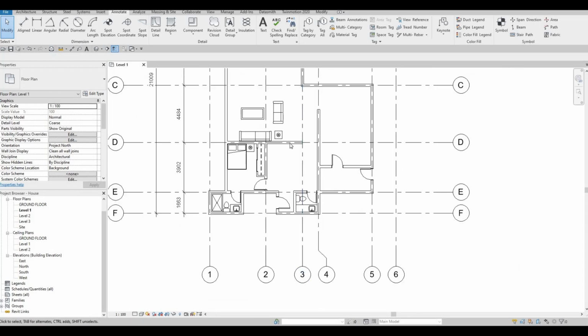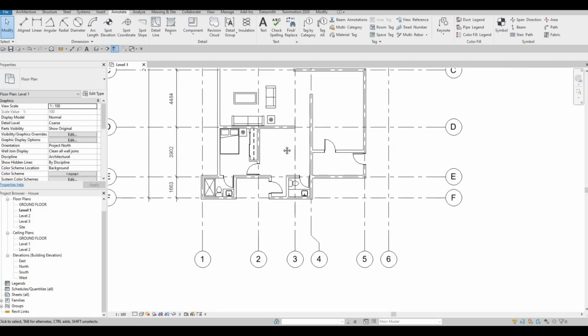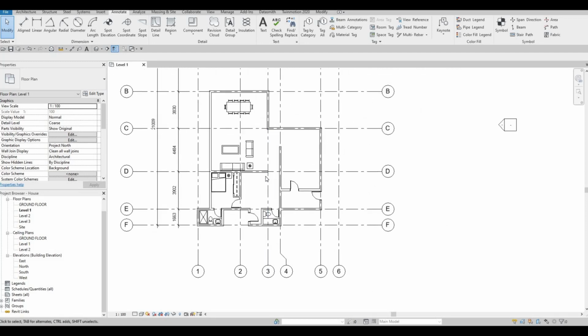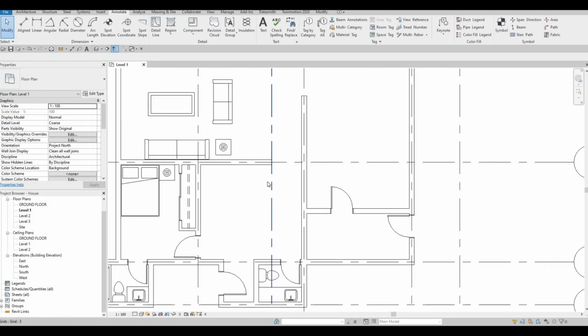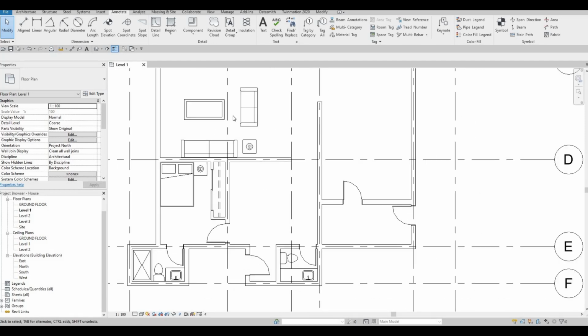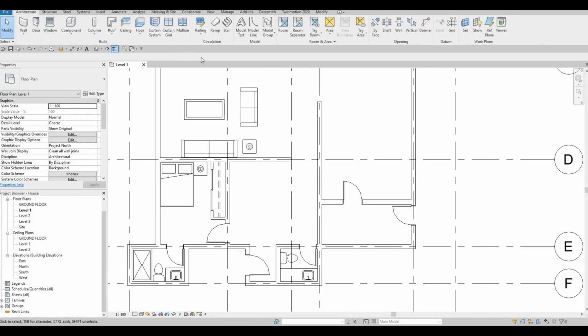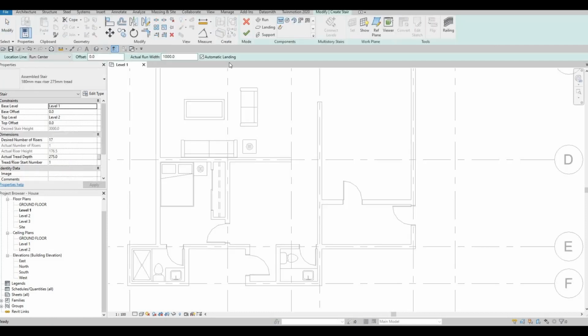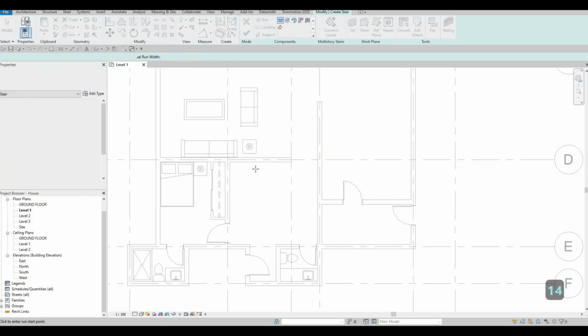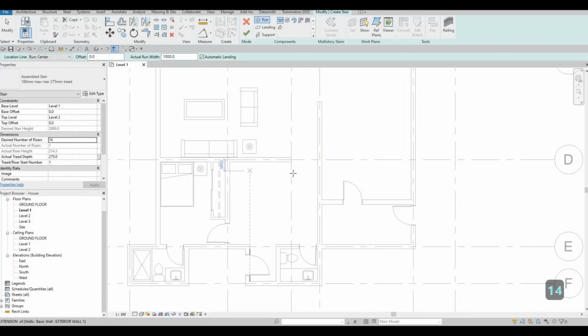And then after that, what I'm gonna do is we could add in our stairs. So what I'm gonna do now is go to architecture and then click on stairs, and then right here we're going to make it even, so around 7 each, so 14, and then just press OK. And then after that, let's add it right here,